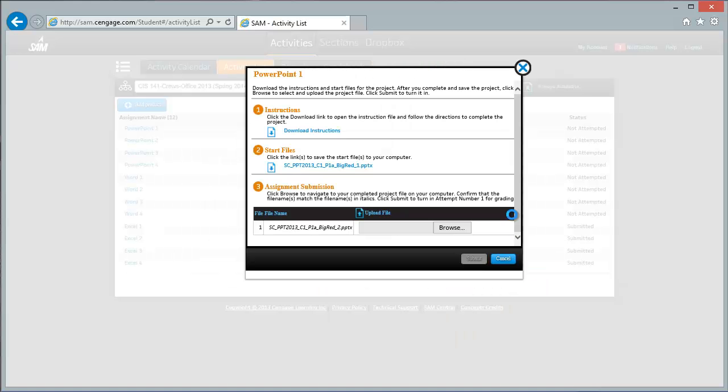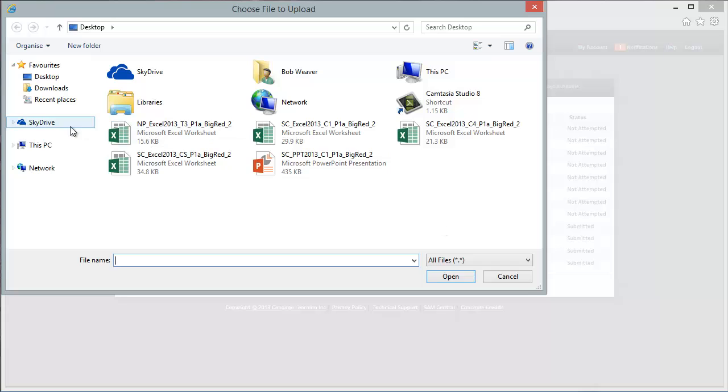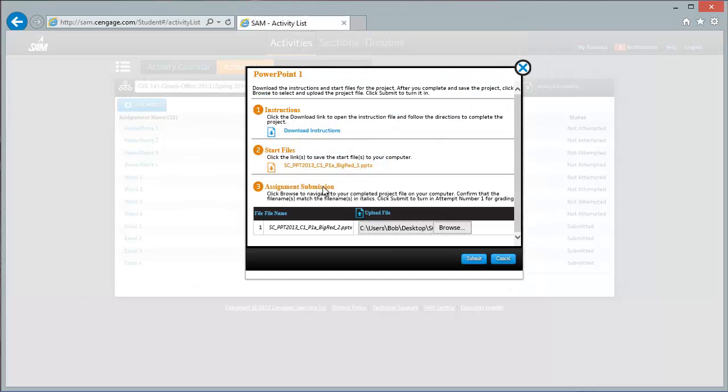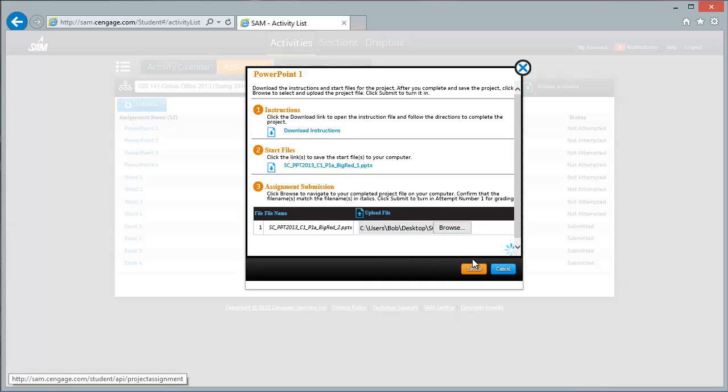And then at this point, I'm going to go back to my browser on the SAM website. Step 1, Step 2, and Step 3, submit your work. So I go on the Browse button to submit my work. I know I've got a copy here on my local desktop, and right there it is on my desktop. So I will select that file, I will say Submit, and I will get hopefully 3 green check marks as